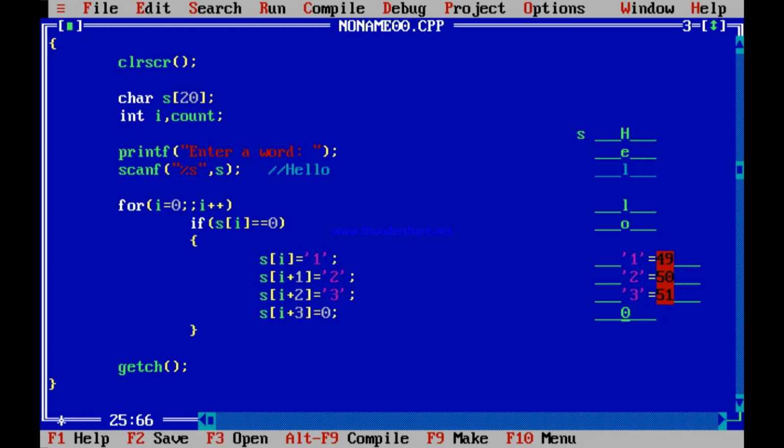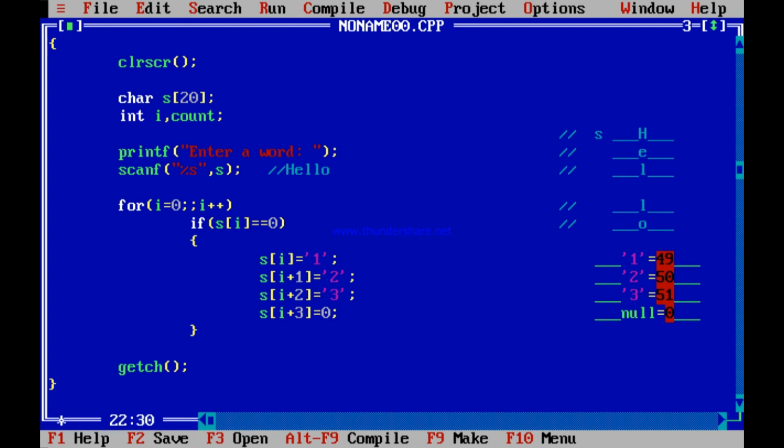Similarly, it is a null character, which is actually 0. A null character, you can say, cannot be written because it does not have any shape of a character, but its ASCII value is 0. You put a 0 at the end. Now your string automatically changes to HELLO followed by 1, 2, 3. Isn't it so? Now your job is done. You can simply comment out these portions of code and then you can run it.